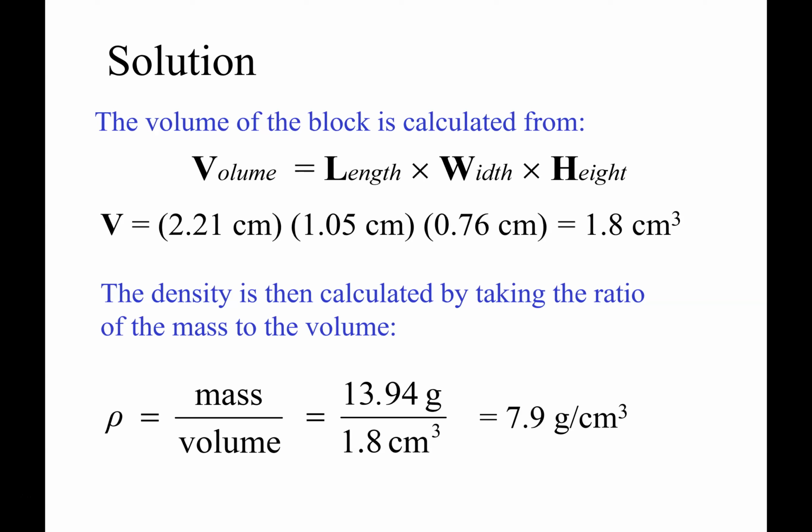Honestly, this one, the 7.9, I think would be a little bit better because you're using an unrounded number. The advantage of doing this one and writing down your answer 7.7 grams per cubic centimeter is that you have been careful and you know that you only have 2 sig figs. Over here, you've lost that you have 2 sig figs. You just got to remember that I'm limited just because of that 0.76. Okay, so,